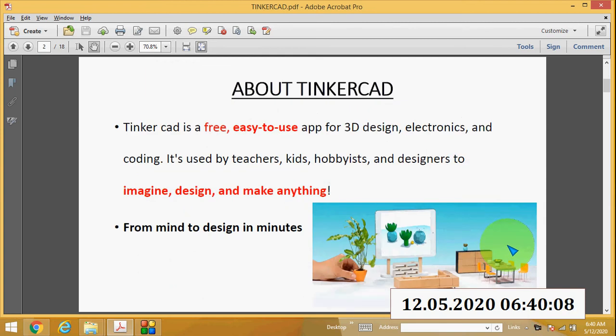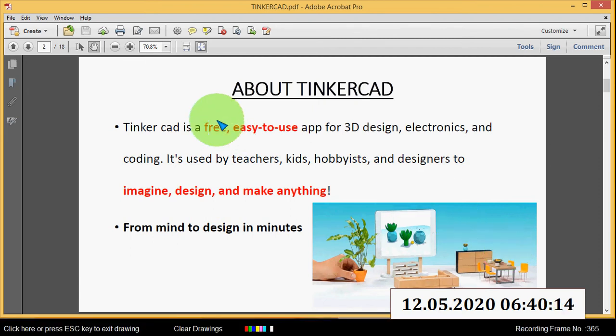Tinkercad is a free, easy to use application for three-dimensional design, and it is used in electronics, and it is used in coding.